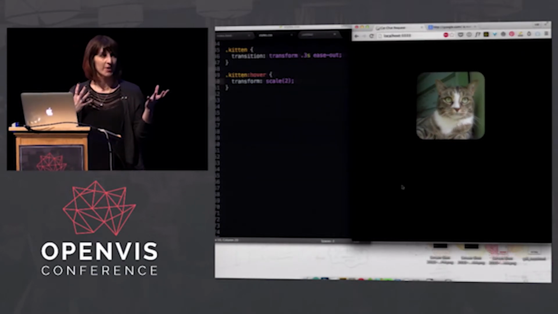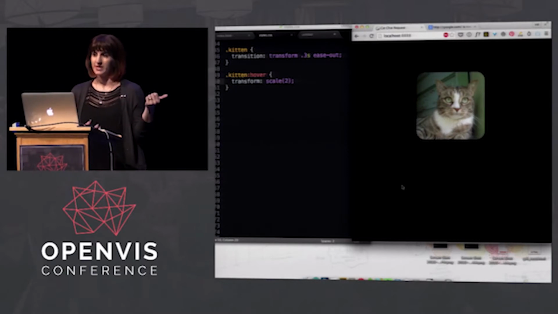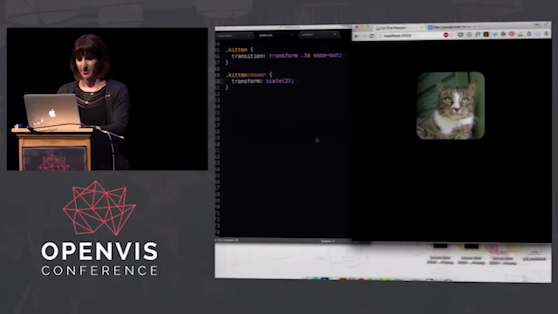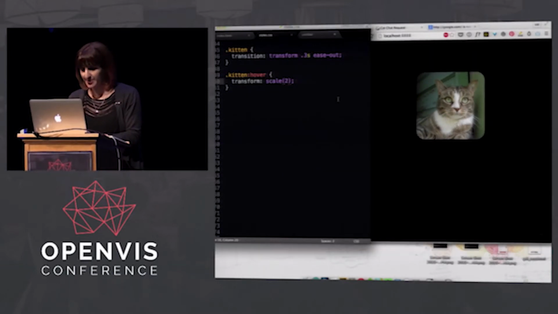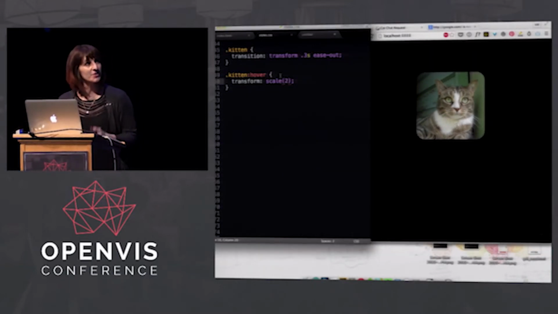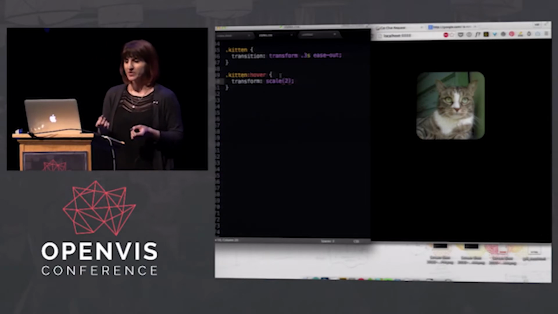If you've ever had to write your own mouse over in JavaScript or ActionScript, you're probably crying right now because it took a lot more than 2 lines of code. And it does both in and out, right? Yeah, that's the magical part. Anyways, that's transitions. It's actually super powerful, but what if we wanted him to do more than